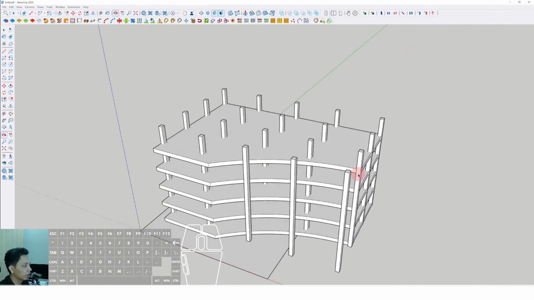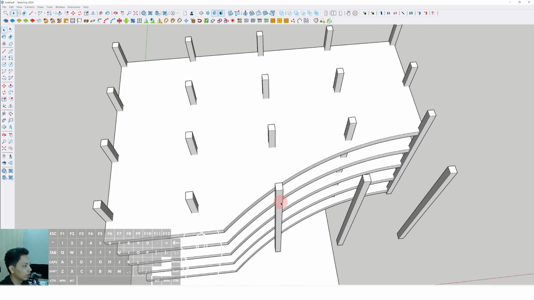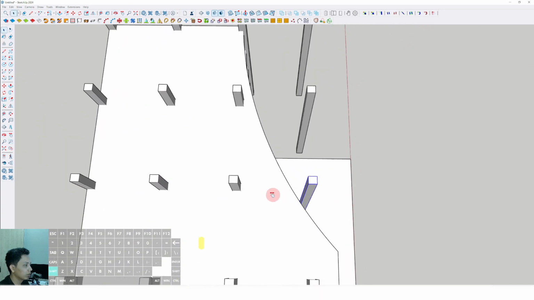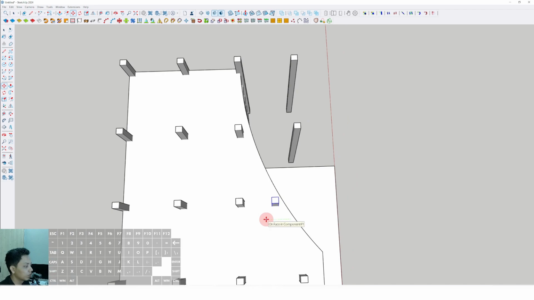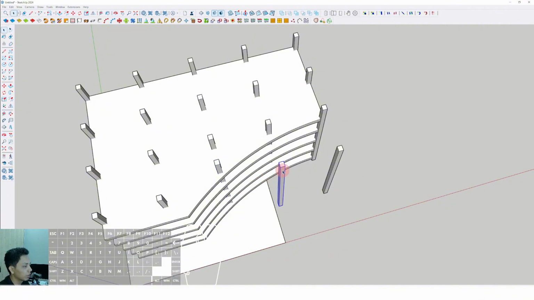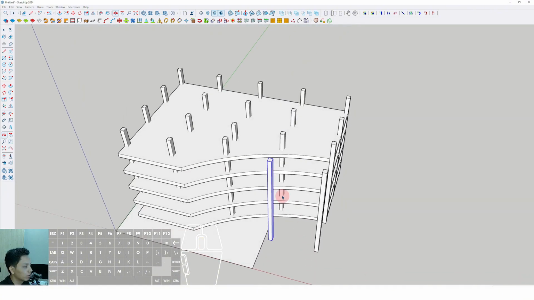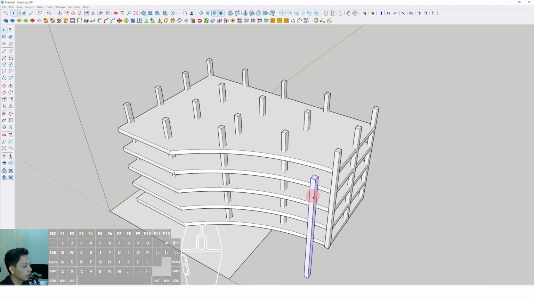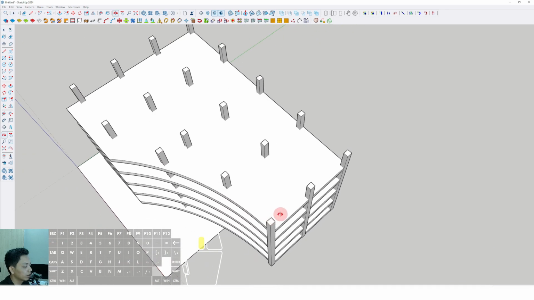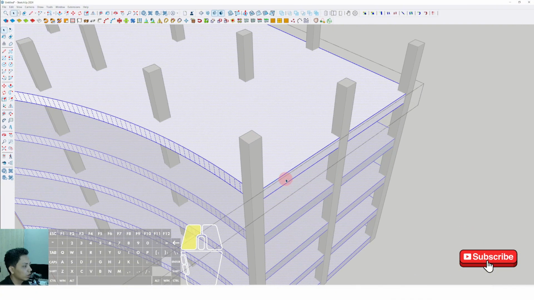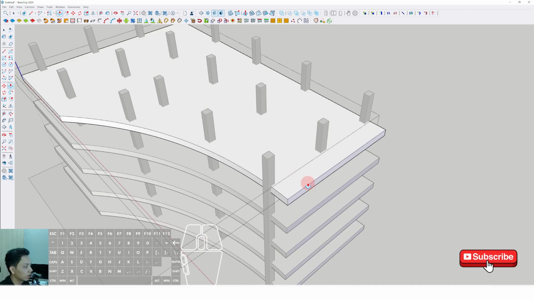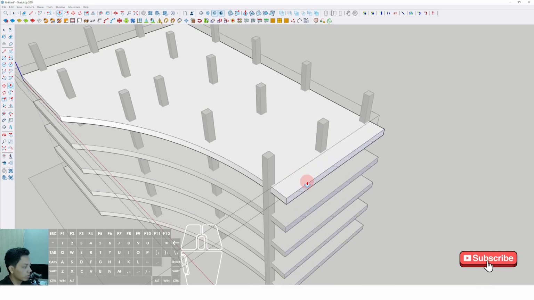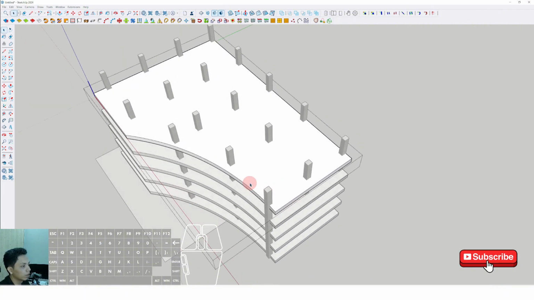Okay, now we can move this one to the appropriate position. We can select move, press Ctrl, move to this position, maybe around 3.3 meter. Okay, well, now we can delete some unnecessary columns. Then we can push it to another position. Okay, maybe around 2 meter or 1.5 meter. Okay, then we can